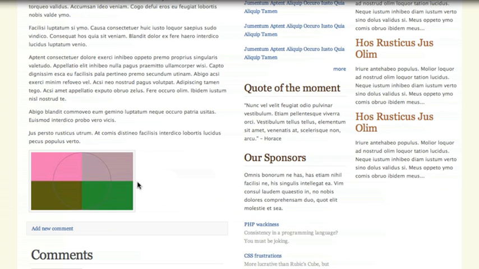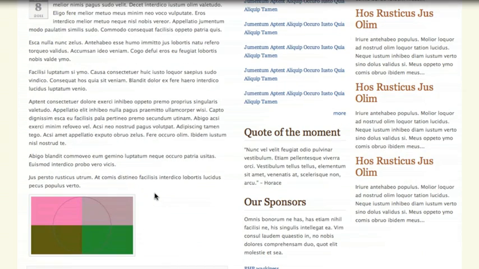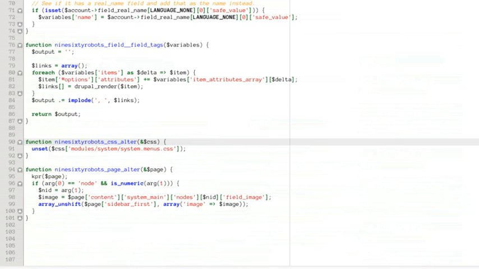So far all I've done is made a copy of that image field and moved it to the first sidebar here. But I want to make sure and remove it from the content of the node so that it's not displayed twice on the same page. I can do that with another simple line of code inside of our template.php file. I can simply copy this line here,